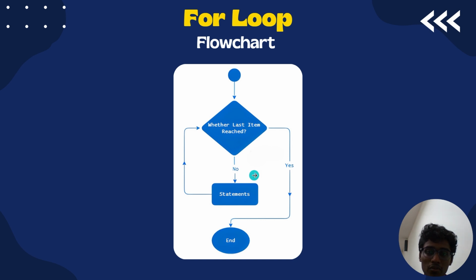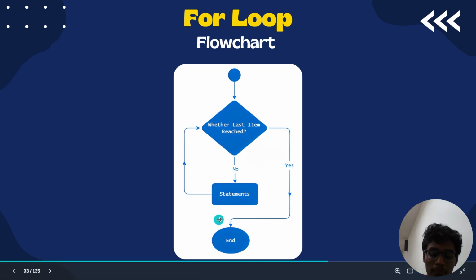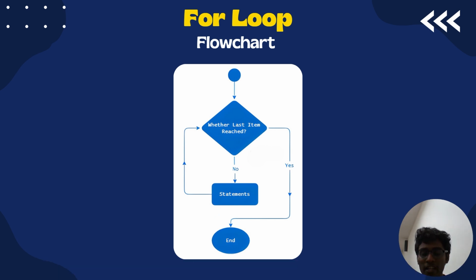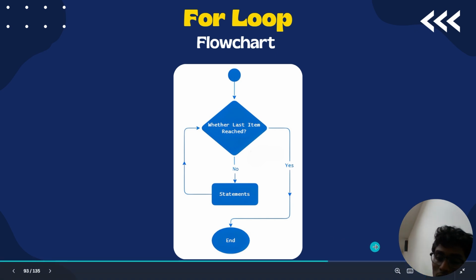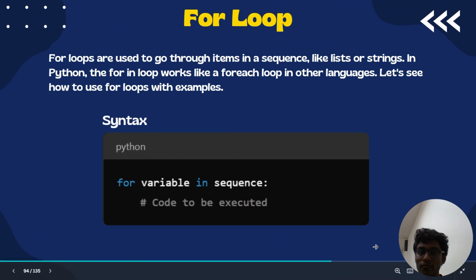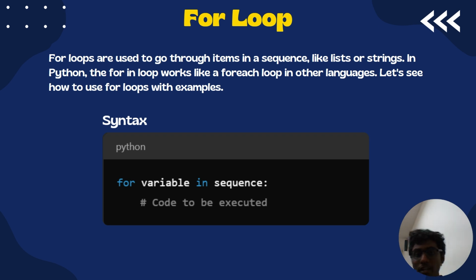So it will just go with no if we don't have any projected value or iteration, so it will just project the statement. If we give a certain number of values, for example an iteration of something like 10, it will go for the iteration or loop 10 times, and until it is done, it won't end. If we have to end here, either we have to give a default value of 0, which is a binary equivalent to 1, and it will end, or otherwise we can go for the range. So that's it for the flowchart, and now, as an example, how to write a for loop.